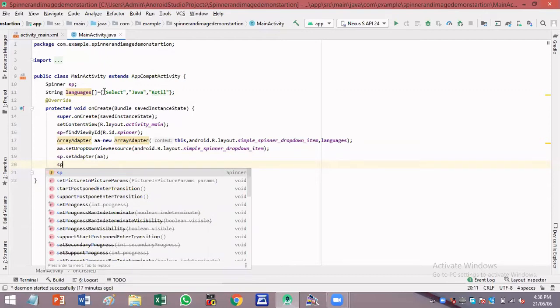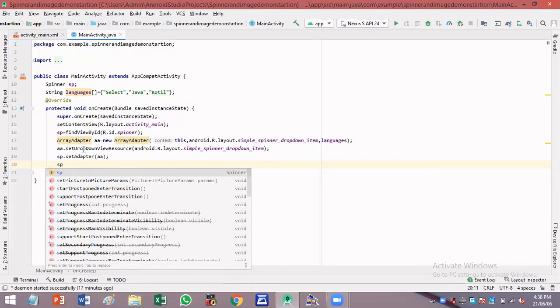If the user does not select any option from this spinner, then I have to prompt the user to select the language. Or even if the user just selects the first option, Select itself, again I have to prompt the user to select the language from the list.